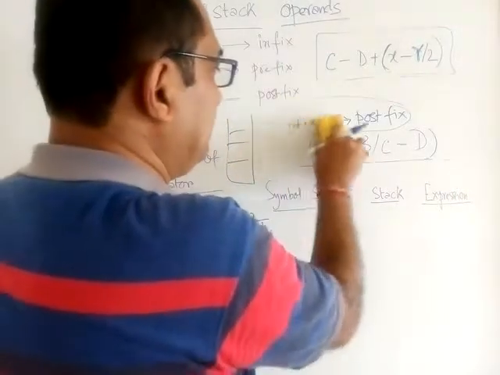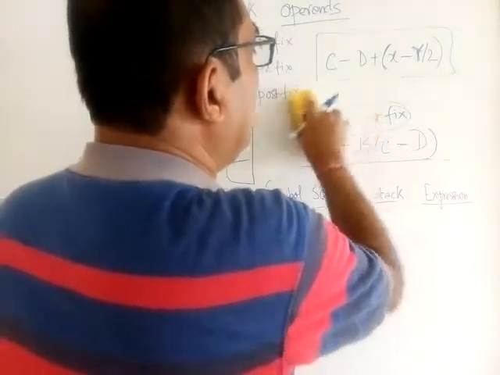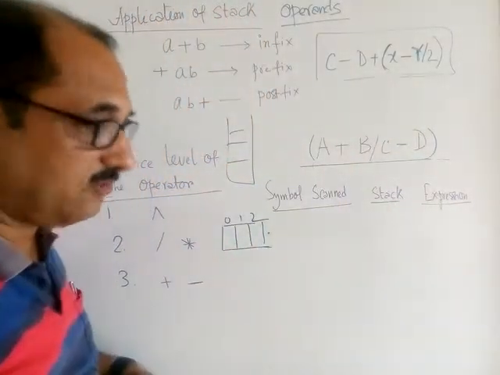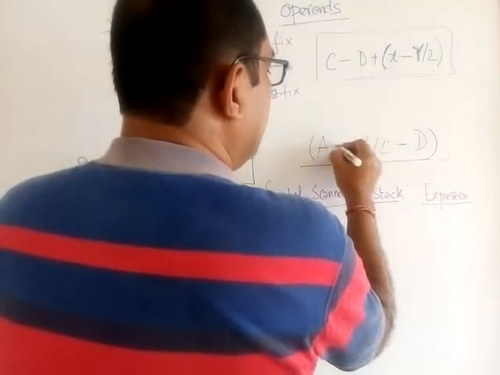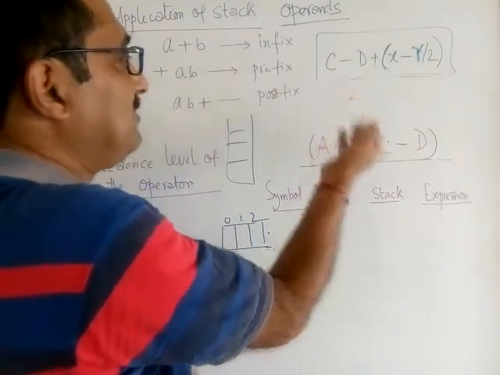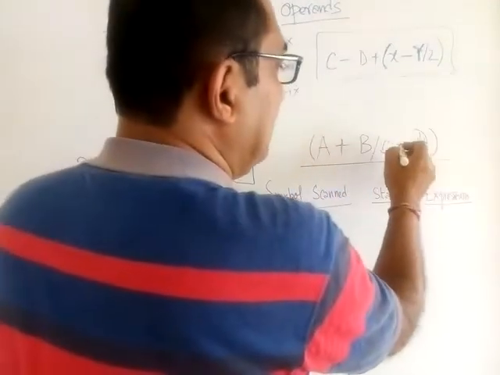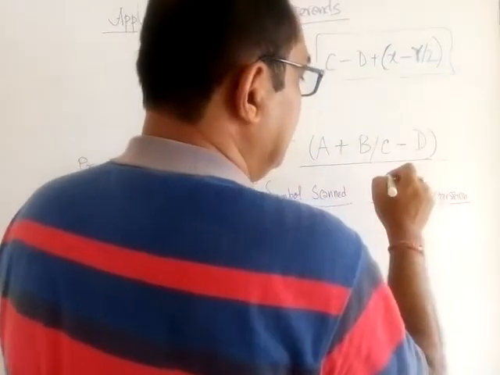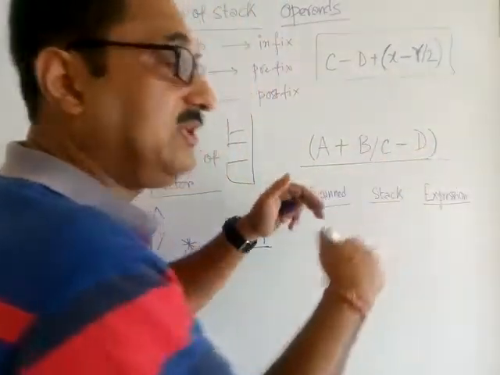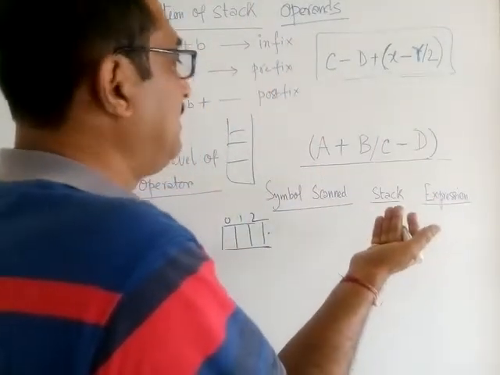Now imagine we are given this kind of expression. Here we can see a lot of operators are there. Like A and A plus B, we could very easily say that AB plus will be the postfix expression, but here it is not going to be very easy. So first of all, in order to convert this kind of infix expression to the equivalent postfix expression, what you need